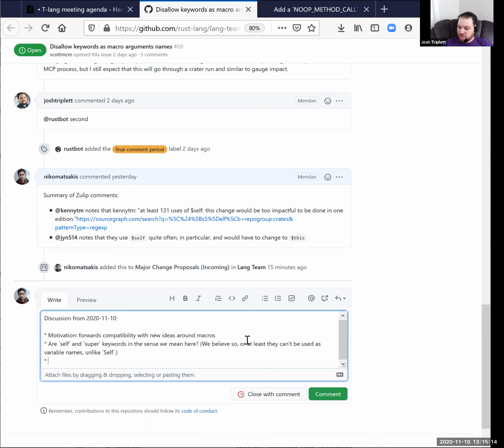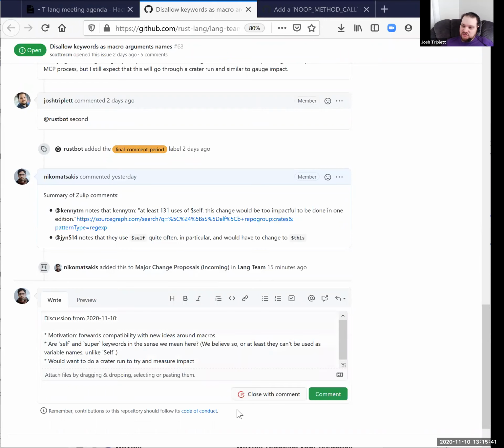We can obviously provide a Rustfix for this that just does alpha renaming, but nonetheless, I would generally propose that we do a crater run or some equivalent search of all the crater-accessible code base that detects which keywords are widely used, and we could go ahead and directly do in the edition a prevention of using all the keywords that would be low impact. The ones that, if there are any that would be thousands and thousands of regressions,